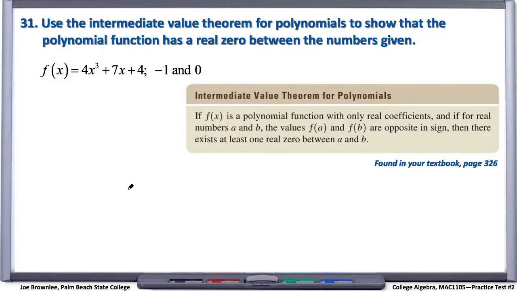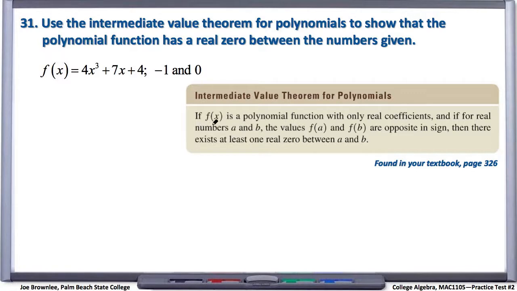Number 31, use the intermediate value theorem for polynomials to show that the polynomial function has a real zero between the numbers given, and we have f of x equals 4x cubed plus 7x plus 4, and the numbers -1 and 0. And all the intermediate value theorem states, and this comes right from your textbook, page 326, is that